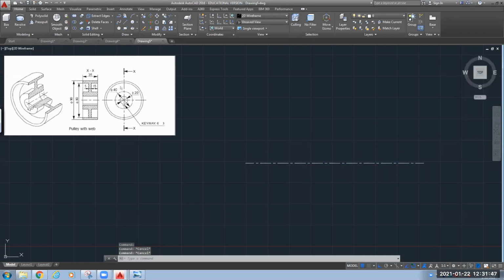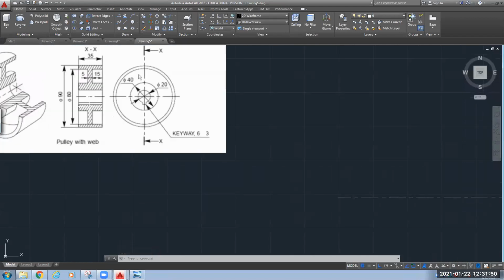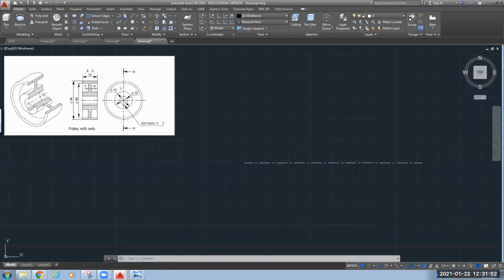Now here you can see, first we have to evaluate each and everything. Let me use a notation. This portion is your entire diameter, so this is your 20. You can see here the phi is written 20. So from here up to here, the distance will be 10.